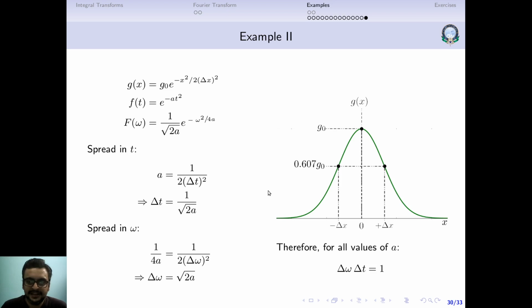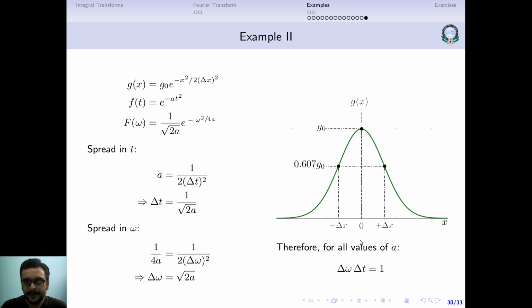Then your delta E times delta t will be equal to lambda times a constant known as h cross, and the minimum value of this lambda is 1/2. So delta E delta t must be greater than or equal to h cross divided by 2. The right hand side is going to be a constant. So that is basically Heisenberg's uncertainty principle. You could also get a similar relationship for two other Fourier related variables, position and momentum. So delta x delta p will also be greater than or equal to h cross by 2.